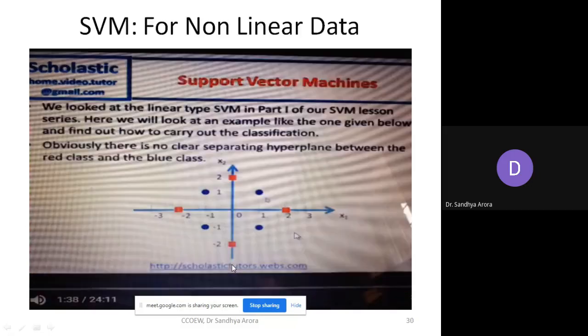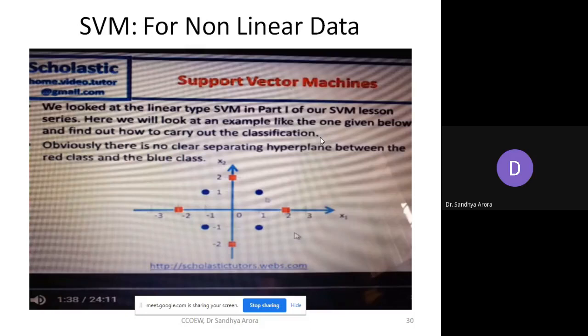Okay, now let's talk about non-linearly separable data. You can see this data. These blue values are data points of one class, and red points are data points of another class. Now can you have a clear separating boundary for this? You cannot. You can have a circle kind of thing in this case. The values inside the circle are all positive, and the points outside the circle are negative. But you cannot have a linear separating boundary for these data points. They are not linearly separable.